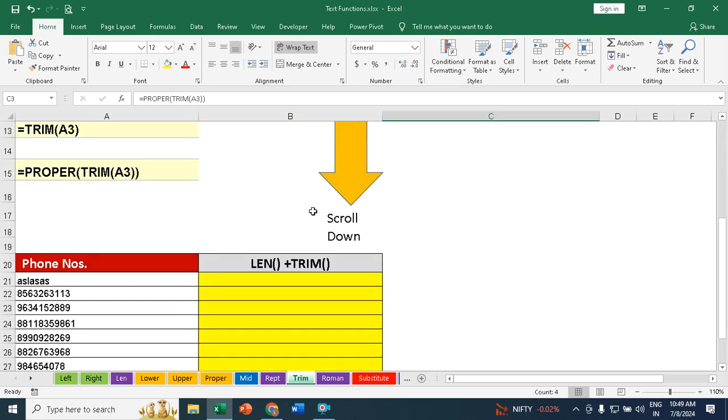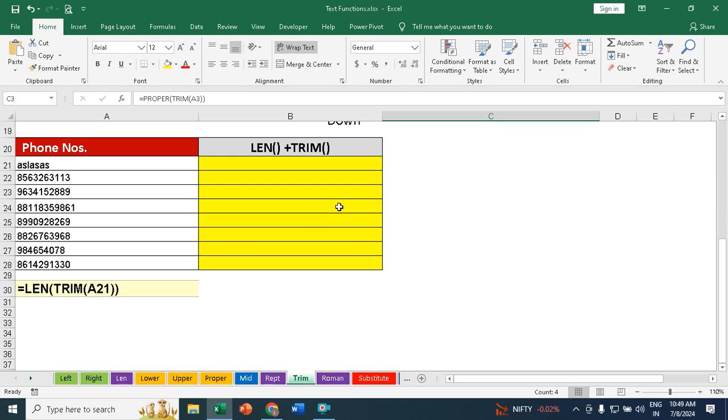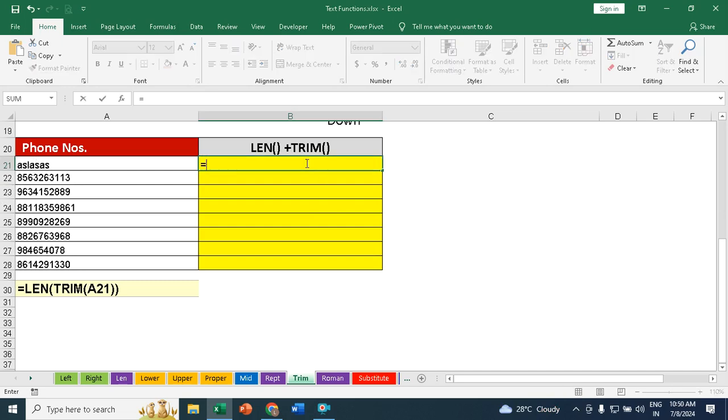Similar thing, I have one more example down below here. There's an option called LEN. Actually, I'm using the word LEN over here first. I'll show you LEN first, which I already explained over here. Now this is the text I've given over here. So if I use this formula called LEN, which is nothing but length,